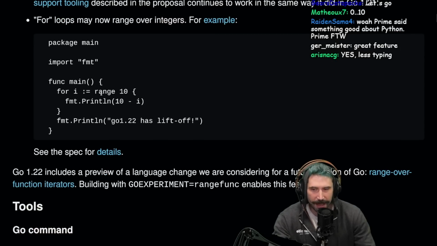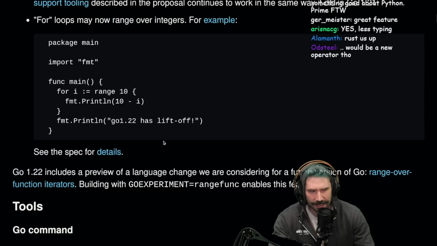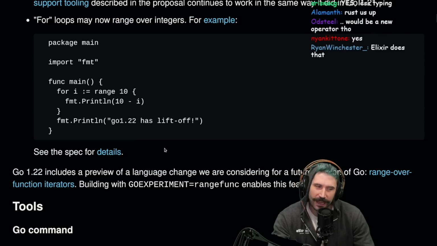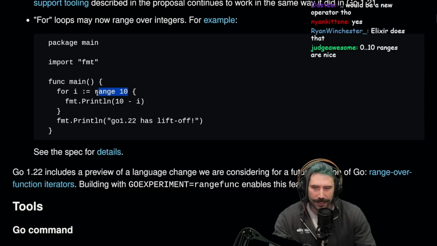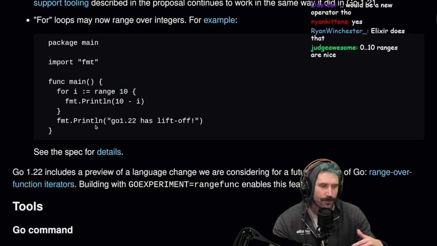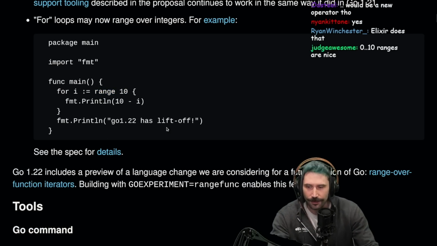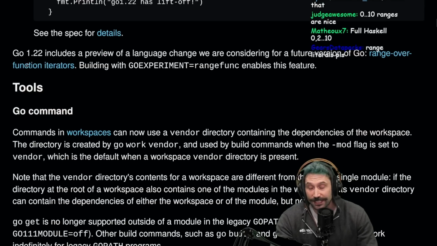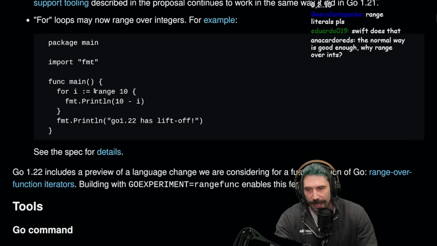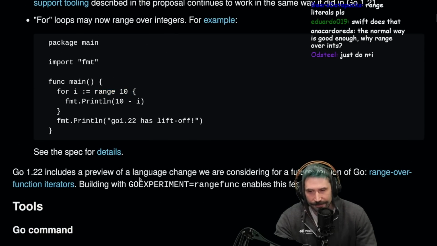Absolutely. Nothing is better than the full Ada, right? Because I think Ada was one of the first languages that did that. That would be a new operator, though. Fair. Okay, fair. They're trying to avoid adding operators because Go is an extremely fast compiled language. If they were to add something, I could see it slowing things down. We don't want that. I buy that as an argument. I'd rather type a little bit more than have slow compile times.